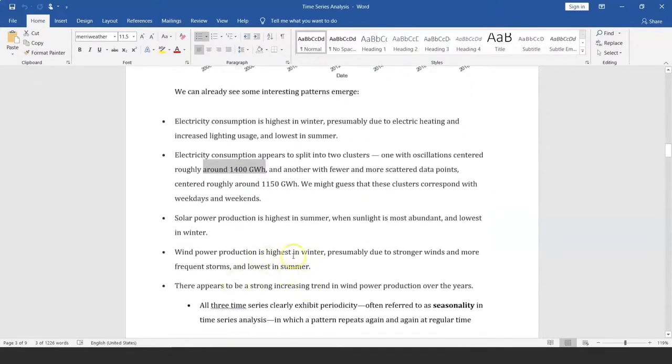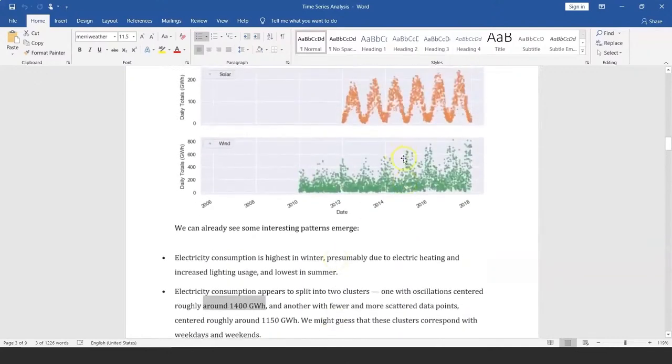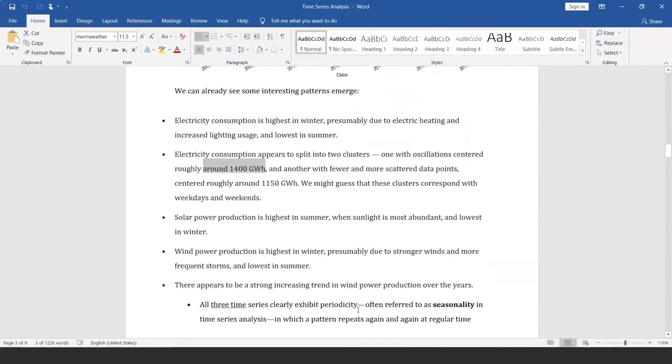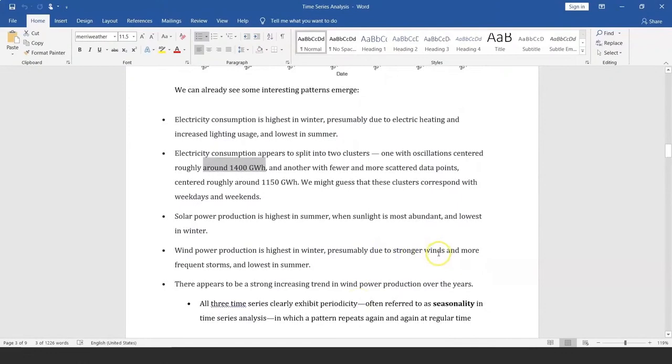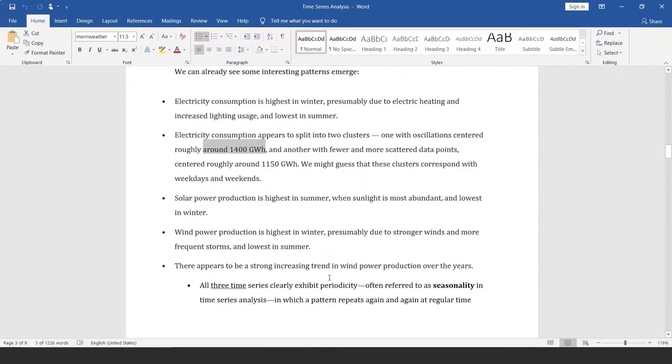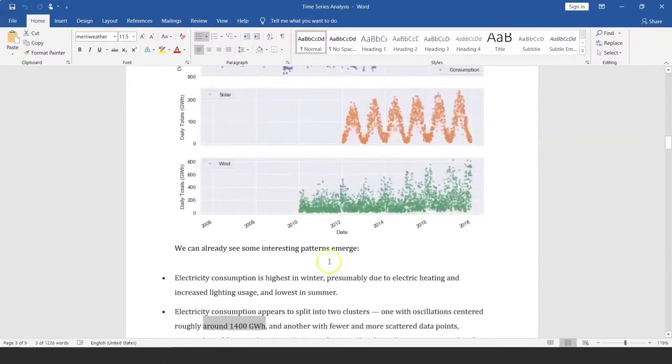If you look at wind power production, that's again highest in winters and drops down in summer, due to stronger winds and more frequent storms, and lowest in summer. So there is some kind of increasing trend in wind power production over years, which we can see here over